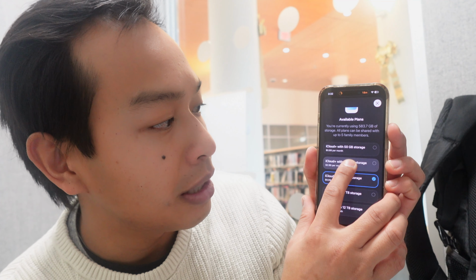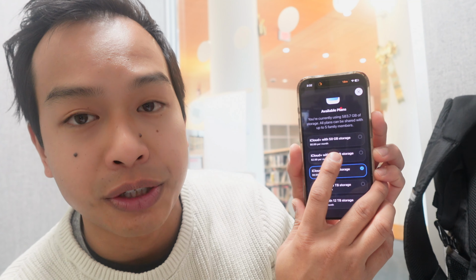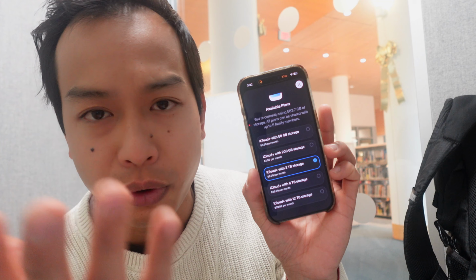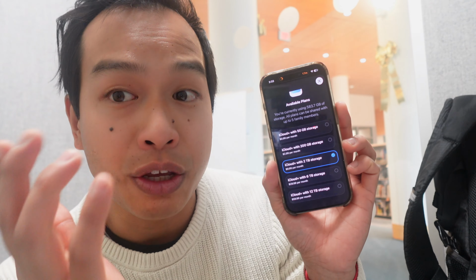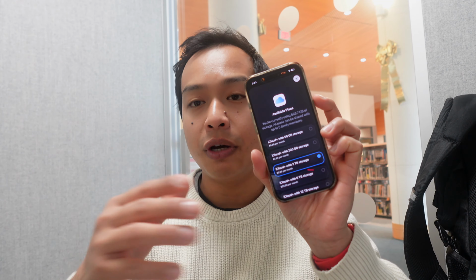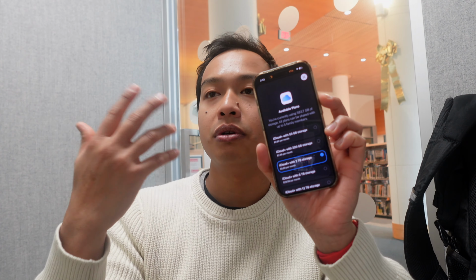If you're the type of person who maxes out your phone's 256 gigabyte or 512 gigabyte or 64 gigabyte, you can see here that it literally is $1 a month for 50 gigs extra, or $3 a month for 200 gigs extra. So if you have one of those smaller phones that have 64 gigabytes, instead of upgrading to the new phone for hundreds of dollars, thousands of dollars, and you want to keep your old phone a little bit longer, you just pay $3 a month for that. Oh, oops, I clicked on it by accident. I don't want it. And especially if you have a growing family, you take a lot of photos and videos